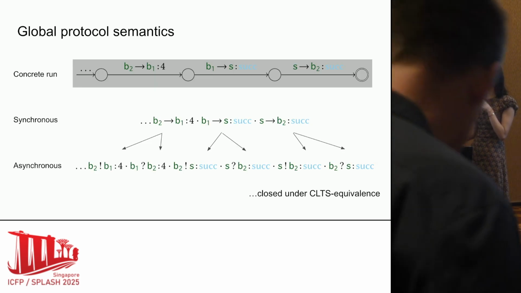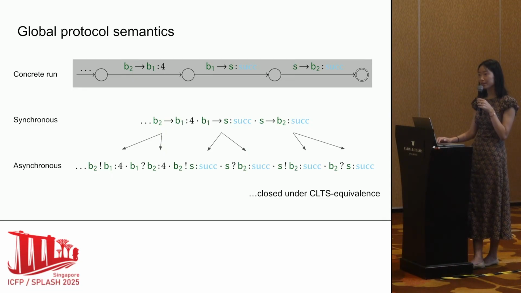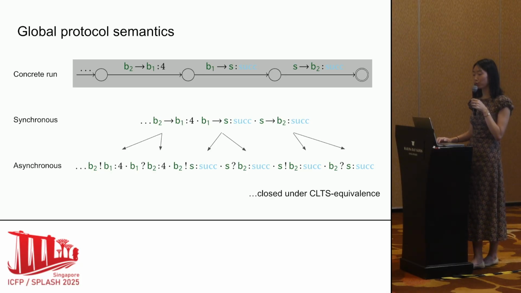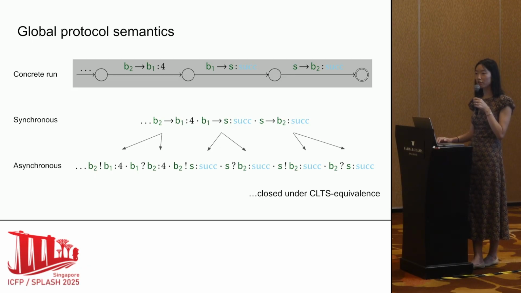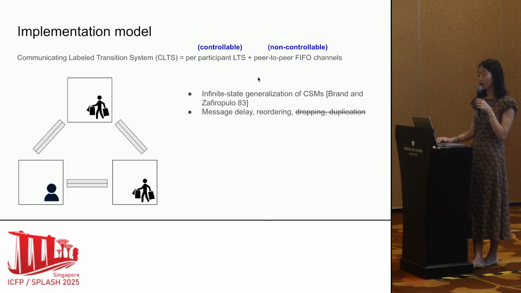These concrete transitions form runs that jointly specify a total ordering of events per participant, as well as a coordination among events from different participants. So for example, the exchange of the success message cannot occur on a run that also exchanges the quit message. From these concrete runs, we obtain synchronous traces, and we split each synchronous alphabet into its send and receive counterpart to obtain canonically ordered asynchronous traces. We then close these asynchronous traces under a notion of equivalence that's specific to our target implementation model,